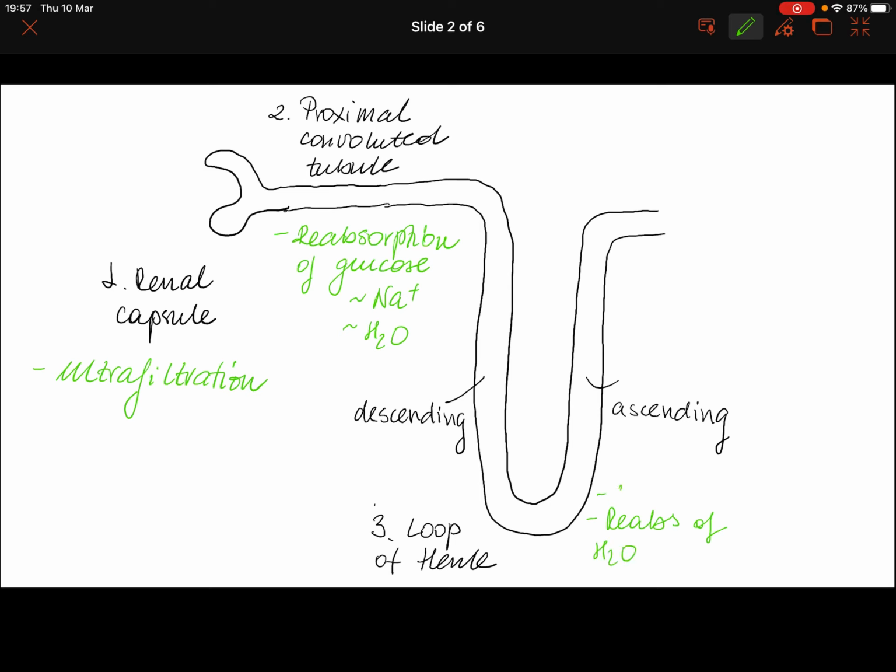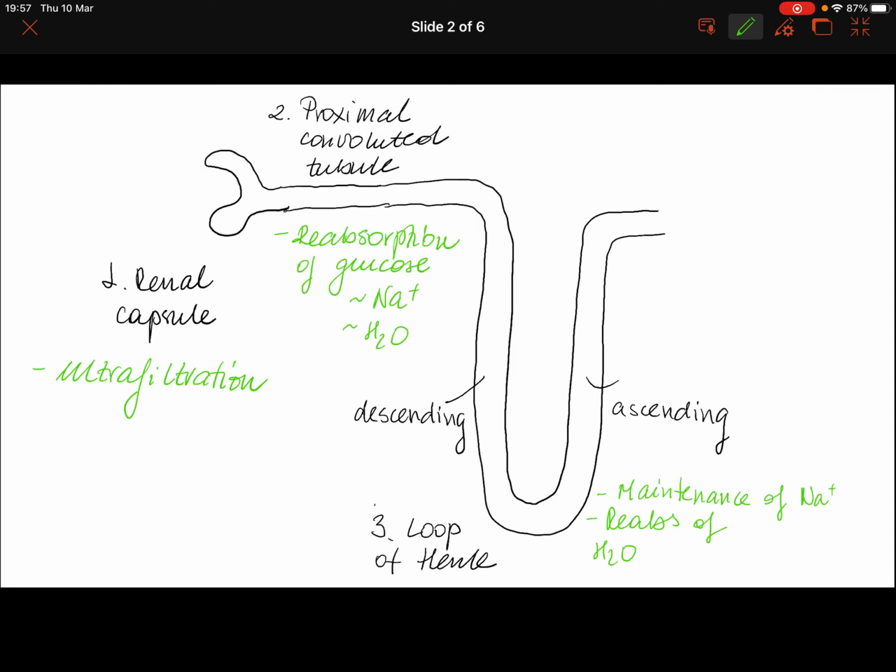And of course the maintenance of the concentration of sodium ions. And this probably will be the most difficult process to understand and memorize for the